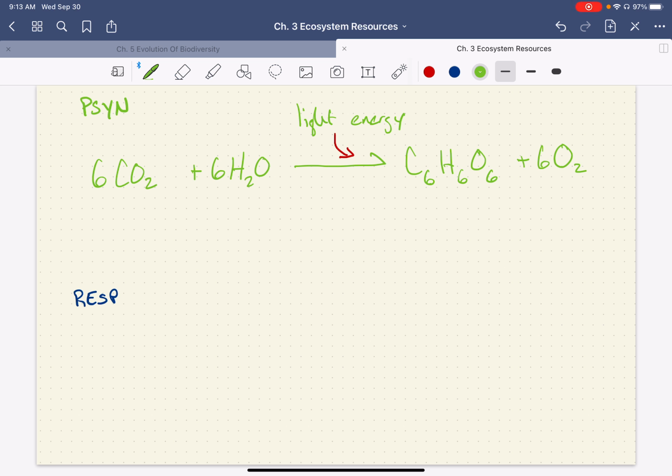So what this means is that we're going to use the energy that's found in light, and that's going to break down the carbons and oxygens and hydrogens and build a sugar. Now, what's left over is some oxygen gas. That's photosynthesis. If we actually go in the opposite direction,